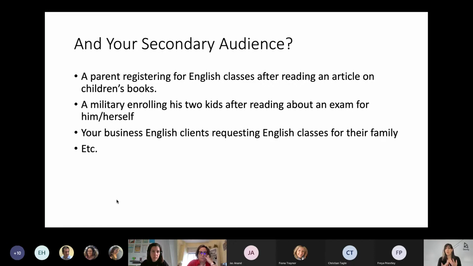So for instance, I'm reading an article because I want to see what the best children's books are for my kids. But I also see that, what's going on in this environment is that these guys are teaching languages online. And I've always wanted to learn Spanish, for instance, or English, whatever it is. You can expand beyond your primary audience, because whoever reads you, you never know, may engage with your offer.